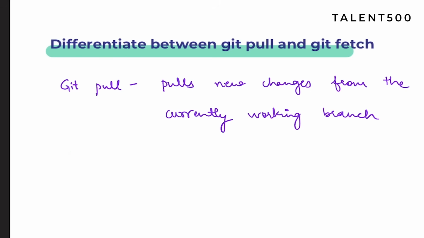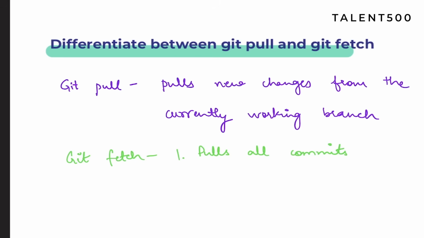Now the next one which we have here is git fetch. So what is git fetch? Let us say you are targeting pulling the changes from the working branch, but in this scenario it involves a two step process. Pull is one step, fetch is two steps. The first one is pulling all your commits, whatever the changes you have committed.